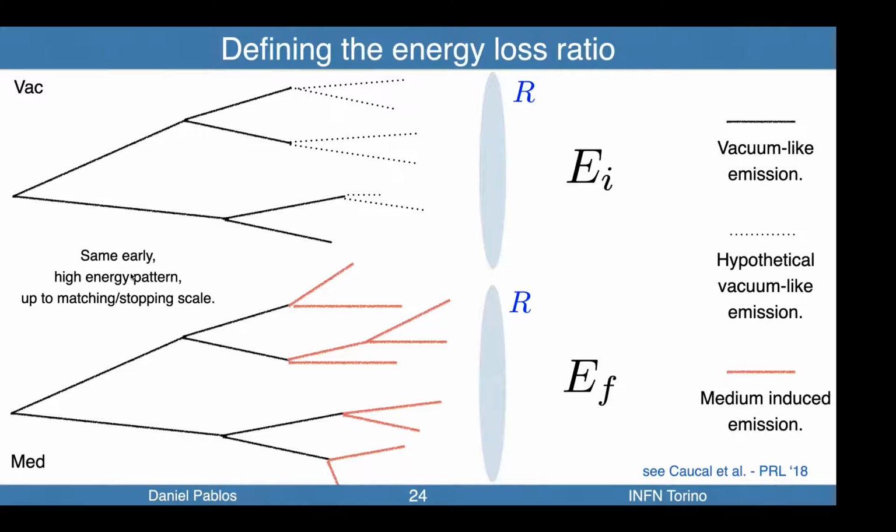And then from this structure, you will have medium-induced emissions that will typically lead to energy loss and radiation outside of the medium in one form or another. The important thing is that the initial energy, or what we call the vacuum energy, inside a wide enough R is well defined. To a very large extent, it's already defined by the vacuum structure that has already been developed before the medium effects kick in.